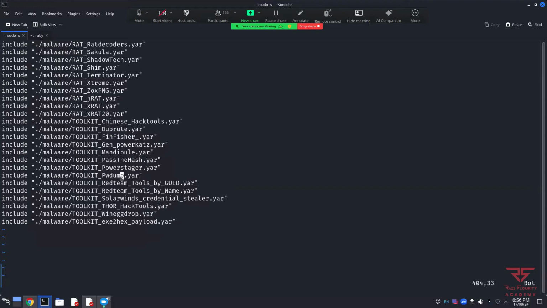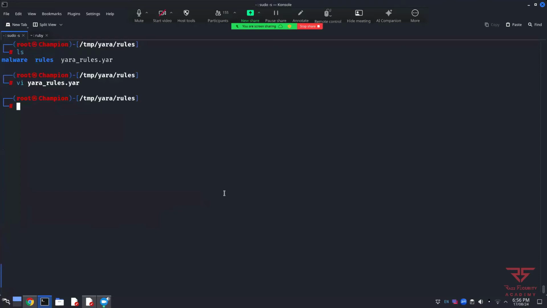And say, for example, it includes PW dump. So we are pretty much constrained by the number of Yara rules present inside the rule set we are using. A typical approach would be to collect a lot of different Yara rules like these and start using them, and that typically helps us increase our detection even more. We are typically constrained by the number of Yara rules present in pre-available